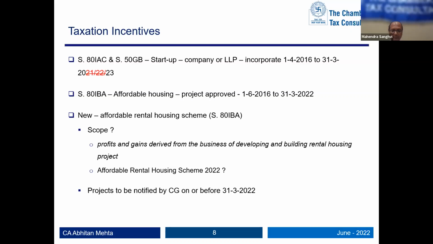Only new section which has come in as an incentive is affordable rental housing scheme, which is sub-section 1A of Section 80 IBA. But it is difficult to understand what they are trying to cover. From broadly what one understands from the PM's website on different schemes which he runs, they are going to come up with something, affordable rental housing scheme 2022, where they have covered that this is an income tax benefit which they are going to provide. Otherwise, in the Income Tax Act, it is very limited.